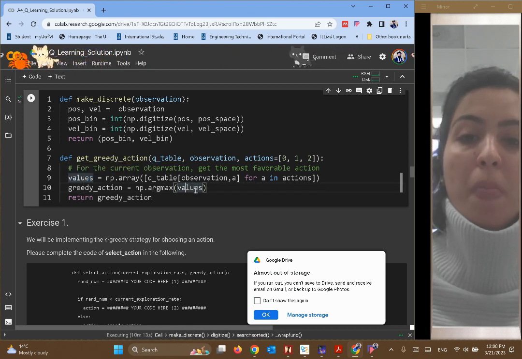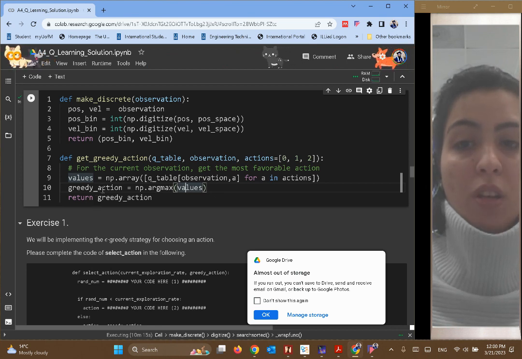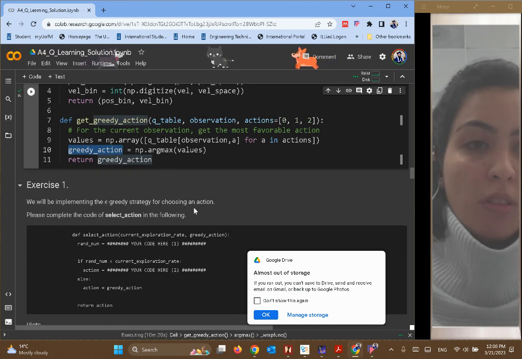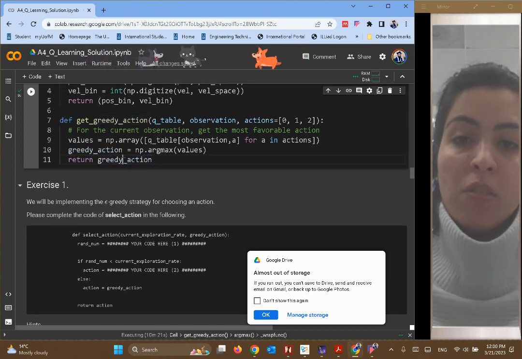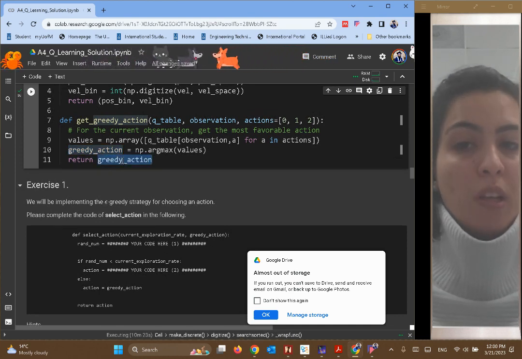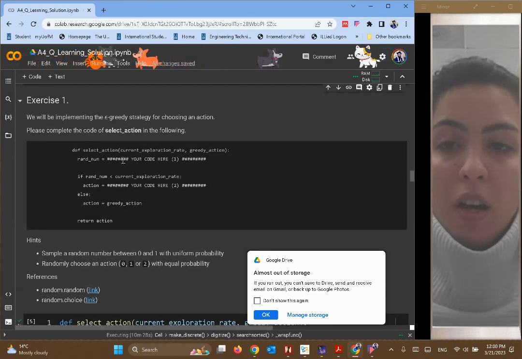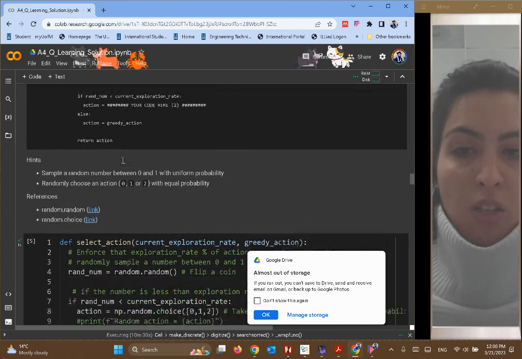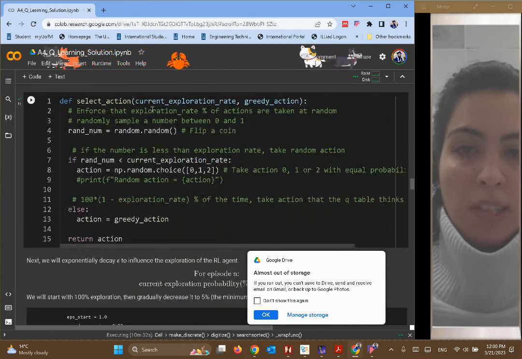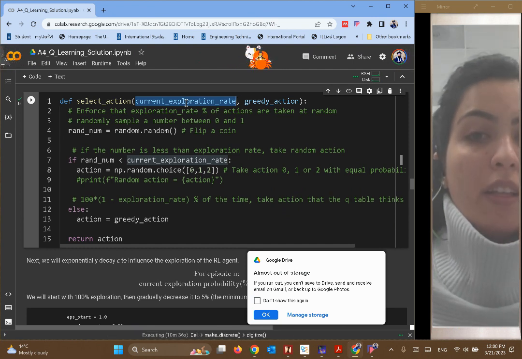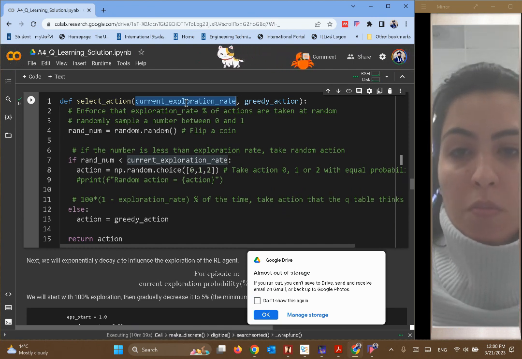So it's argmax of those values that gives us the greedy action, and then it returns that action, because we want this action to be used in the Q-learning algorithm later. So exercise 1 asks us to please complete the code select action. Here is the code select action. It takes the current exploration rate,